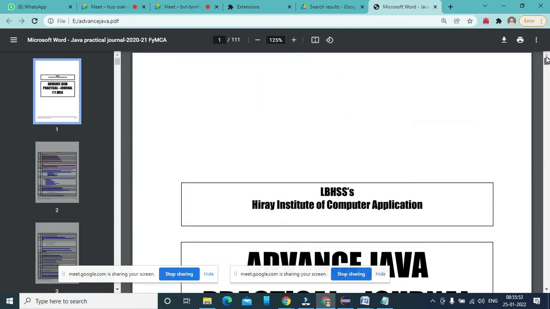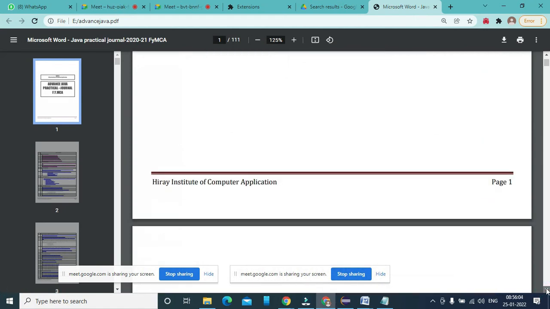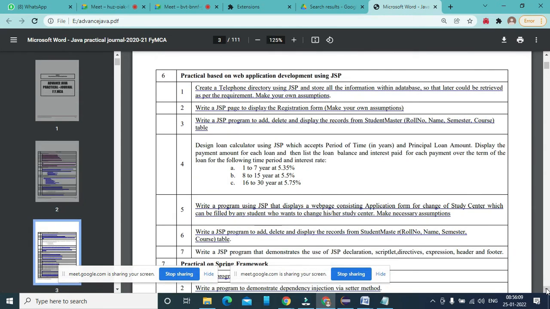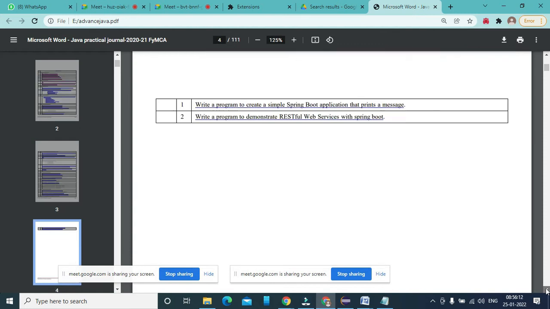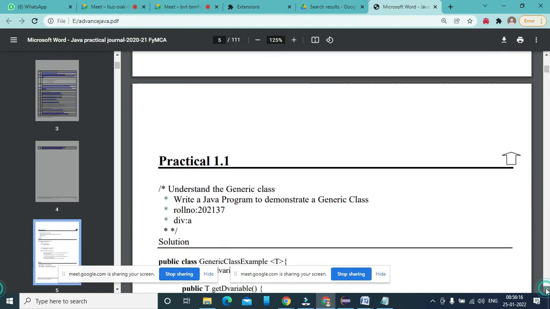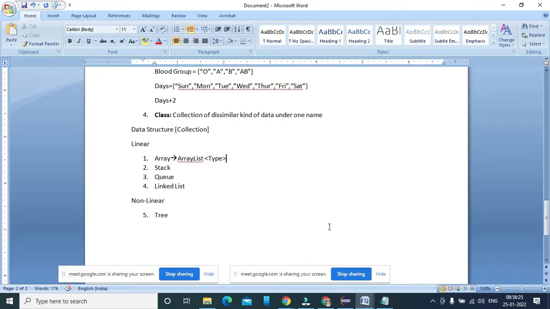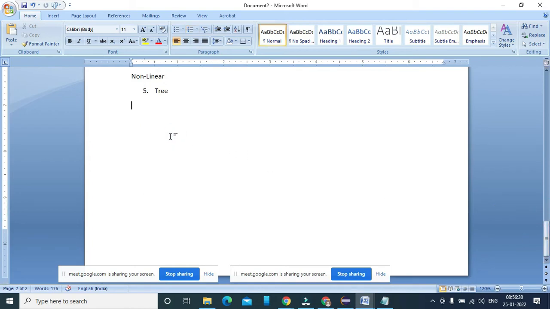Let us move to the statement of what the practical is, and we are going to understand the basics of that. So what is the first practical? We are going to understand the generic class here. Whenever you are creating a class, you should use a keyword there, and you can define the generic class name, any class name, and this T stands for the type. So what is the actual use here? I don't know about the data type. I want to create my own data type.